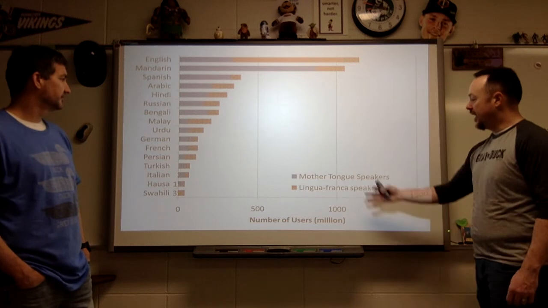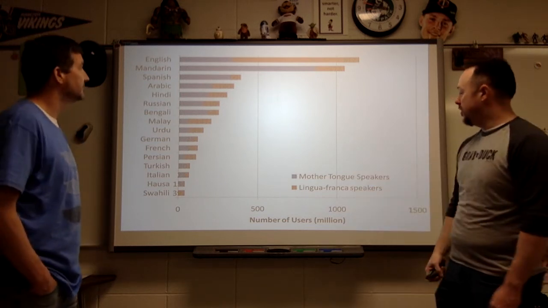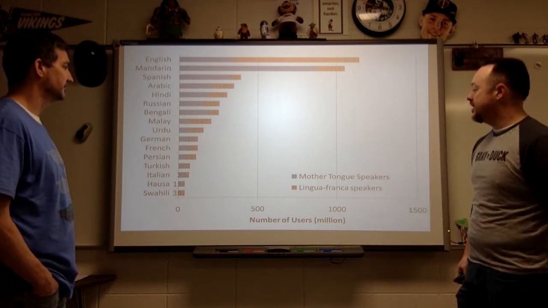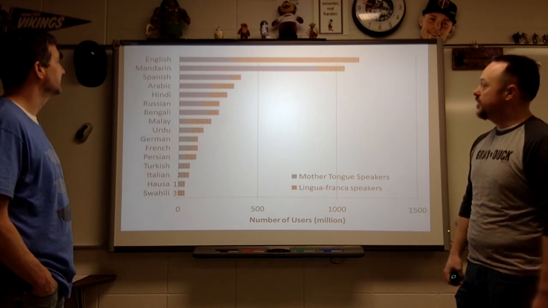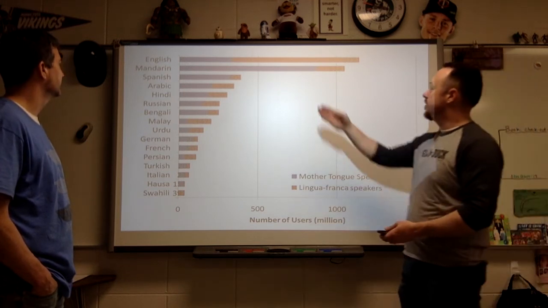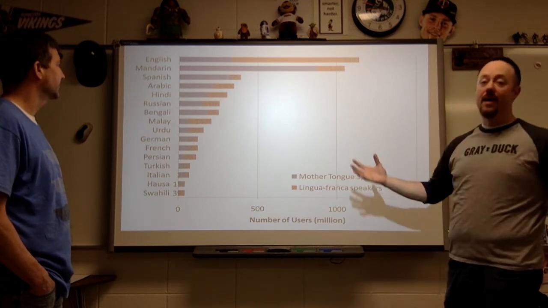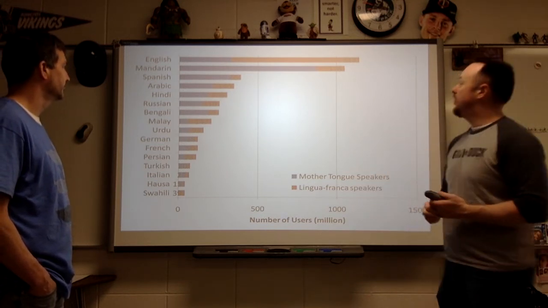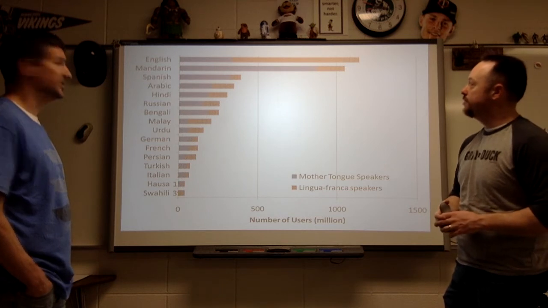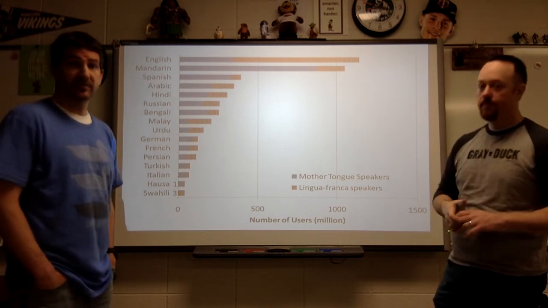There's some other ones we look at. Again, the blue section here is people that speak it as their mother tongue, or their actual language that they speak regularly, and then the lingua franca speakers are the red. So you can see that English is the most commonly spoken language worldwide by everybody, followed fairly closely by Mandarin. They just might not speak it as well, right, as native speakers.